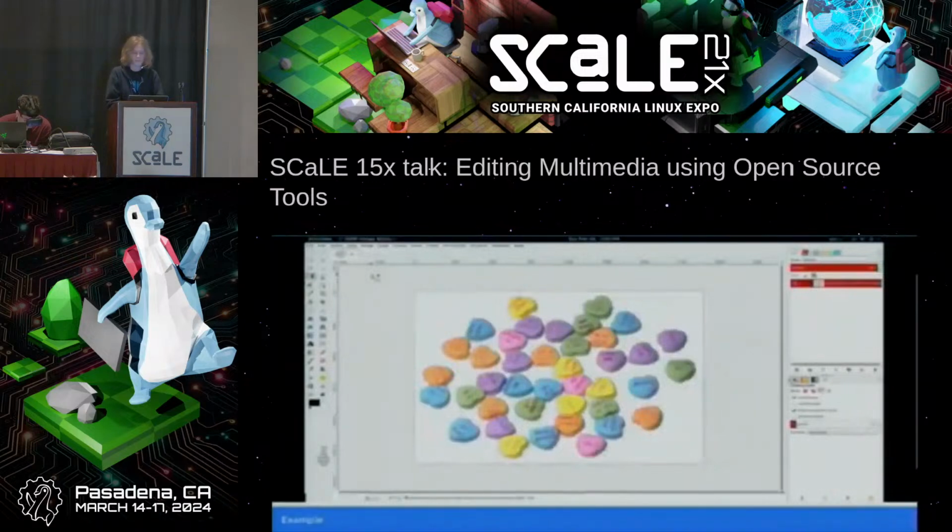15x talk. Editing multimedia using open source tools. This taught me a lot about user experience specifically because I had compared proprietary tools like Adobe Premiere for video editing to open source ones like Kdenlive. And so with that, I had to evaluate things not just as someone who likes software and likes programming, but also through a design perspective. Because it doesn't matter how technically good something is if its interface is absolute garbage, you know? And so I had to critically examine every piece of the interface.